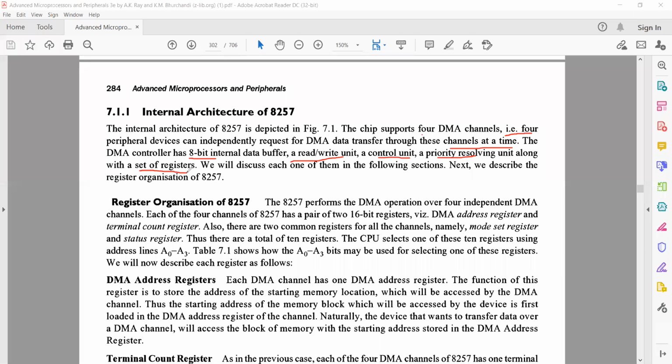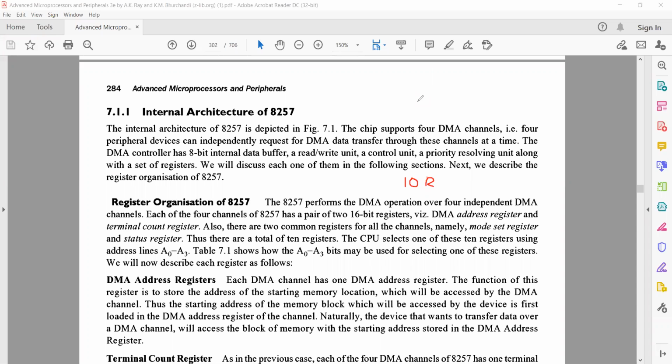This is what we saw in the block diagram also. Okay. So now we'll understand what are different registers that are present here. What did I tell you? Each channel will have 2 registers individually, and all the 4 channels will have 2 registers for combined operation. So in total, we have how many registers? 10 registers. Now, let us look into those 10 registers. What are those registers and what is the purpose of those registers here?